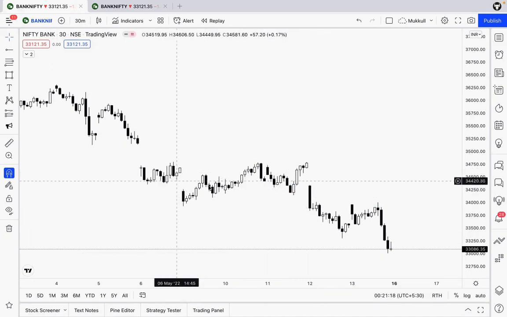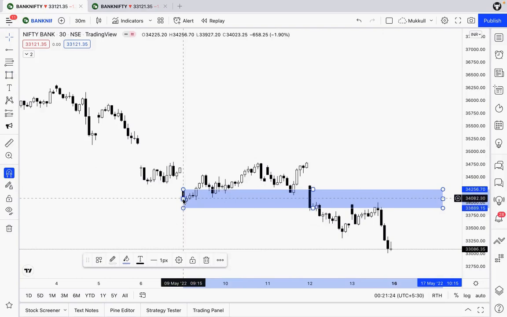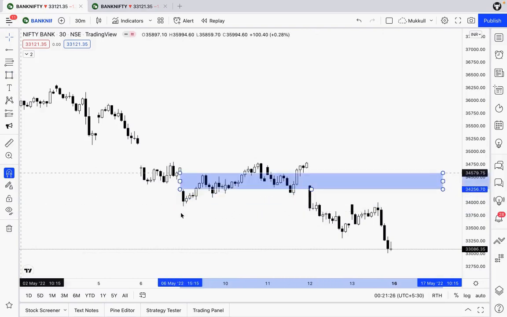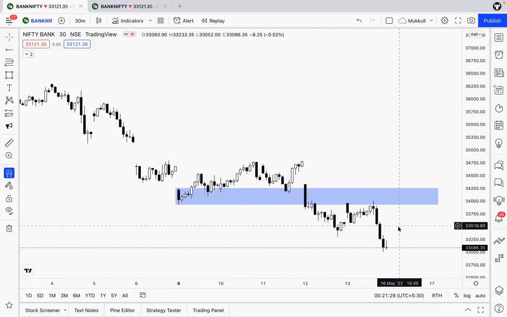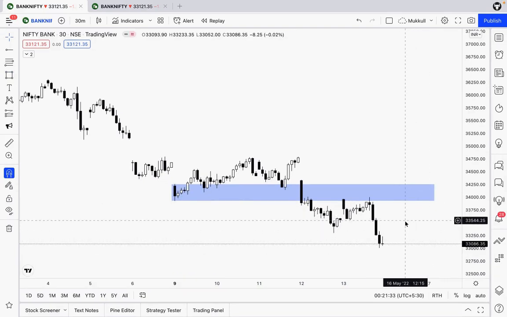Now we have an understanding of the structure, what we are actually doing here. For Bank Nifty also and Nifty also, we know that if we go back on the upside for a pullback, we have a particular swap zone standing, which has become a resistance from support. So at least we will wait for that zone to be taken out so that we can ensure that bulls have an upper hand over bears, or else what you will see